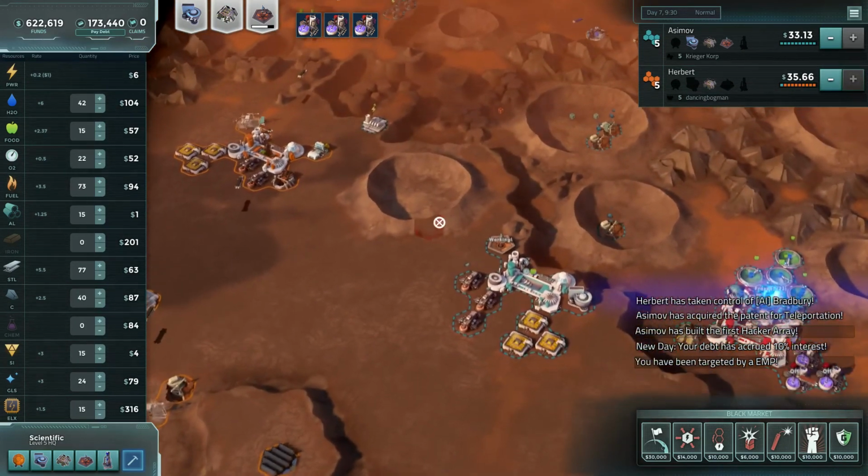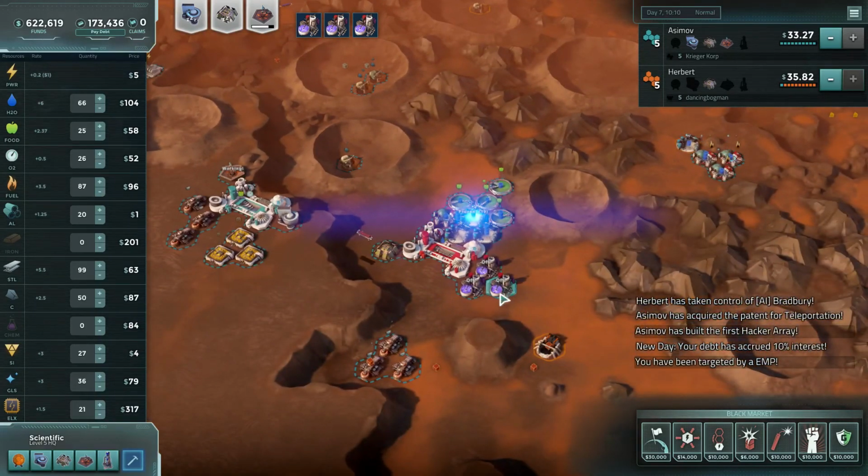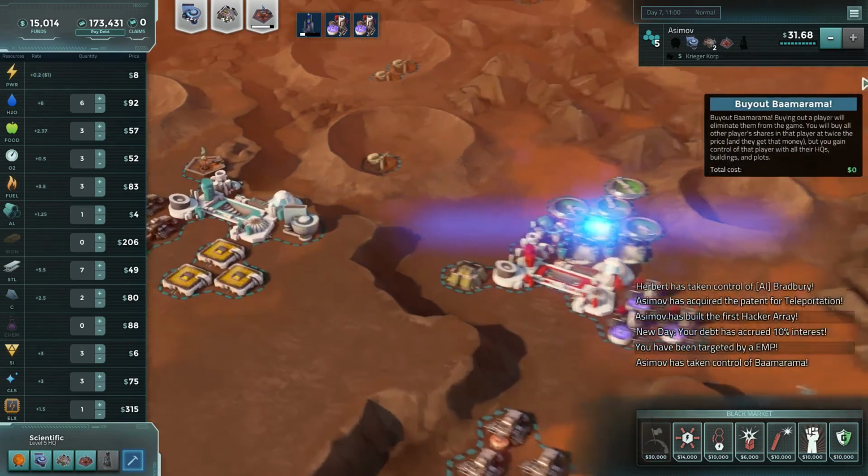So maybe we were a little too excited to. The chemical shortage isn't going to help us here. We'll just control shift down, and we got him. All right, so